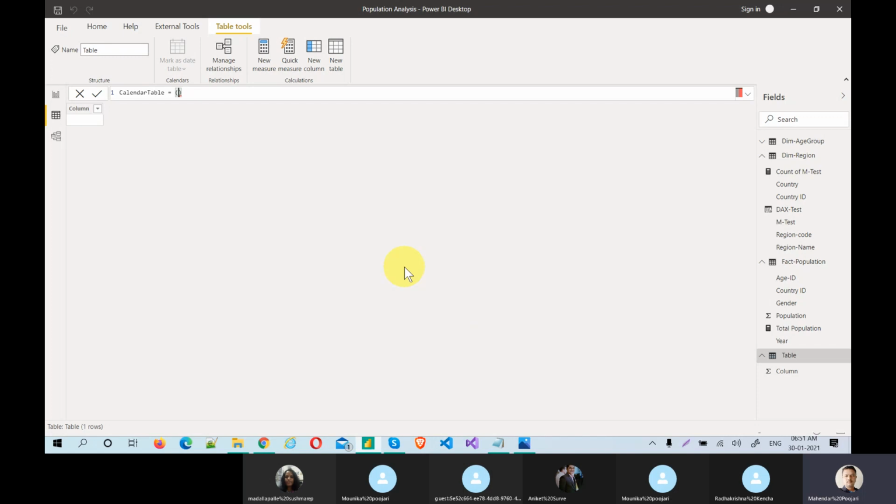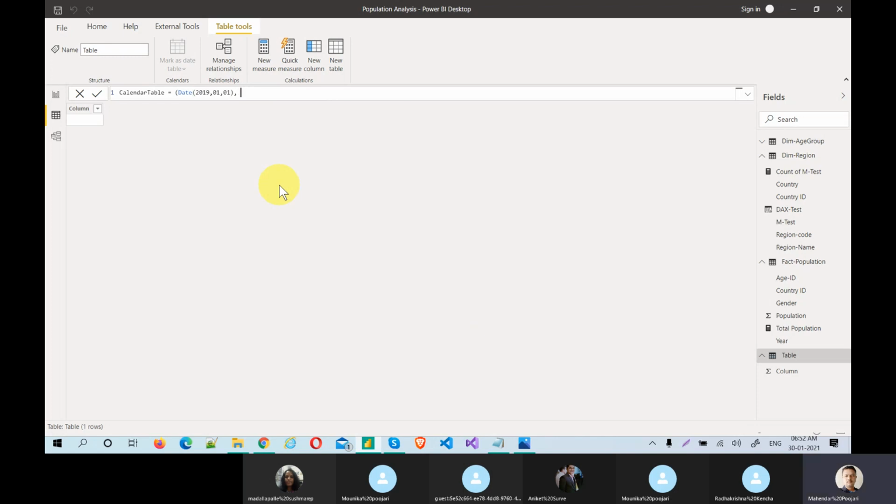Okay, inside that the date function, and again year. So how many years of data do you want? Let's say my analysis will be restricted between 2019 to 2021. So you just assume that. 2019 comma month. See, the tool is how efficiently it will tell you what to write. Okay, month. So obviously I will start from month 1, 01 or 1, anything is fine, and day we start from 1.